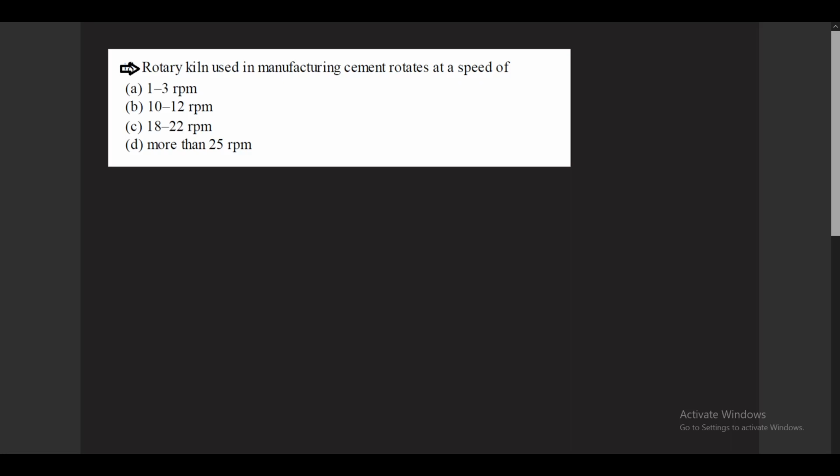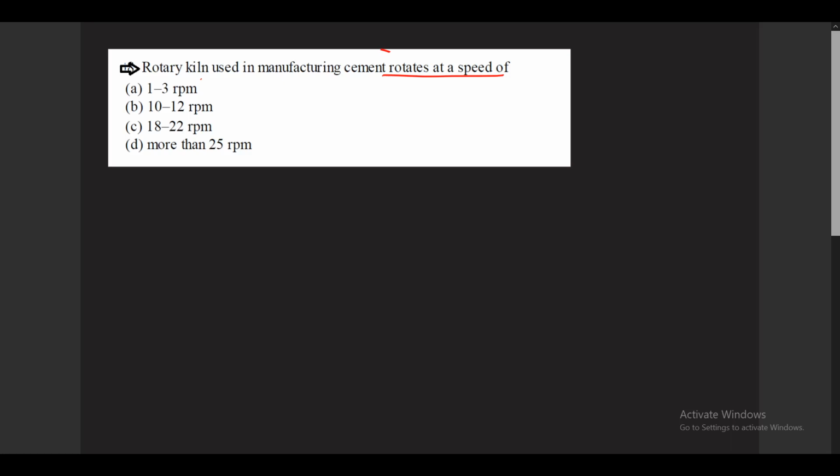Read that question. The rotary kiln used in manufacturing cement rotates at a speed of. So it is actually the cement manufacturing process question. Okay, so they are asking the rotation speed of the rotary kiln. In that kiln the clinkers are actually formed, and after that they are granulated with the gypsum in order to get our